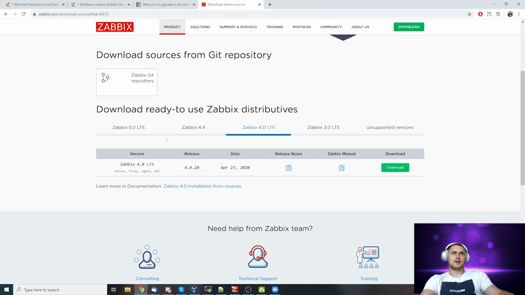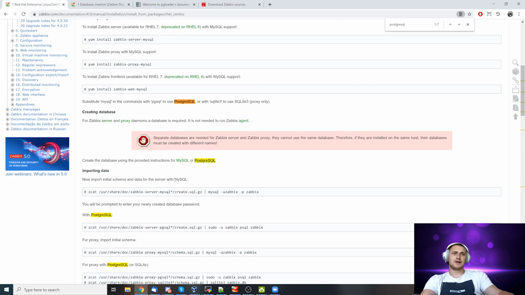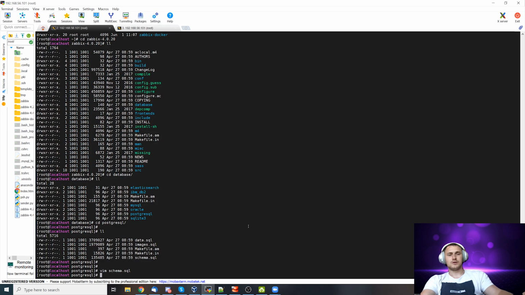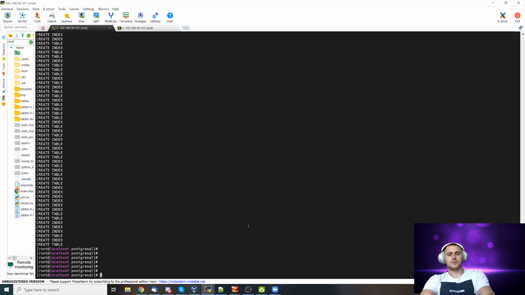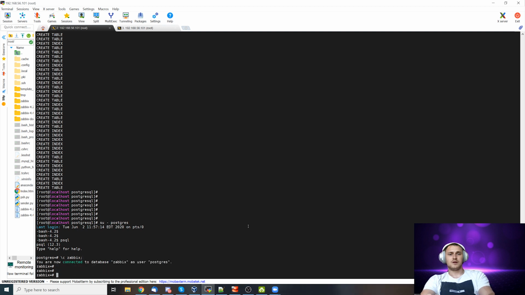And now we need to import this file into our Postgres database with -U zabbix, the zabbix database. Just instead of zcat, because we don't have a compressed file, we just need cat schema.sql, and pipe it to psql -U zabbix and the zabbix database. Boom, done. Now we can confirm with su - postgres, go to psql, connect to the zabbix database,